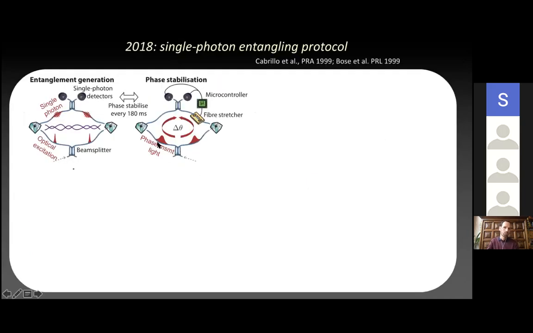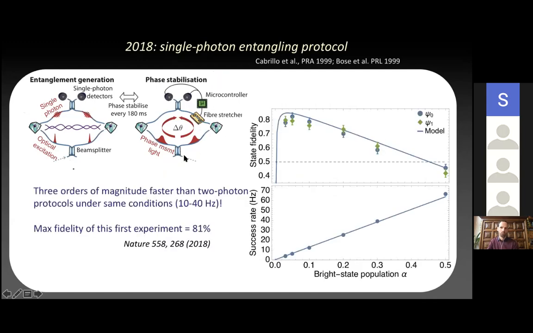So a couple of years ago, we started to investigate this. And so what we now had to do is that if you look at this, the setups of the two diamonds, excitation pulse, single photon emission to the beam splitter, we actually had to stabilize this interferometer. And so what we did is to alternate entanglement generation with phase stabilization. And we did that in this case every 180 milliseconds. It was a kind of a crude way. There was some feedback mechanism with a fiber stretcher, but it worked well for this first experiment.